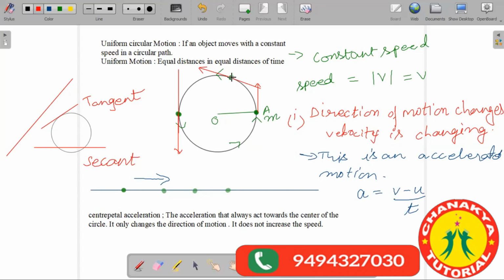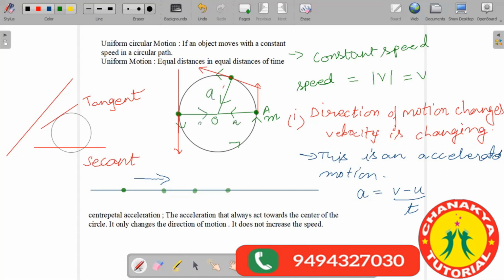You must apply some force towards the center of the circle to keep that object moving in a circle. So here we try to pull this towards the center and hence the direction of acceleration is towards the